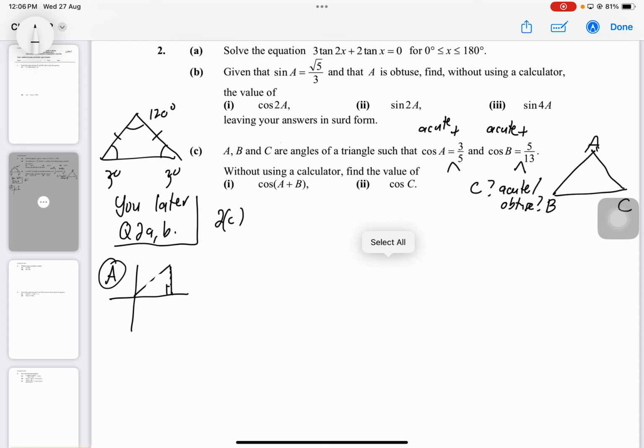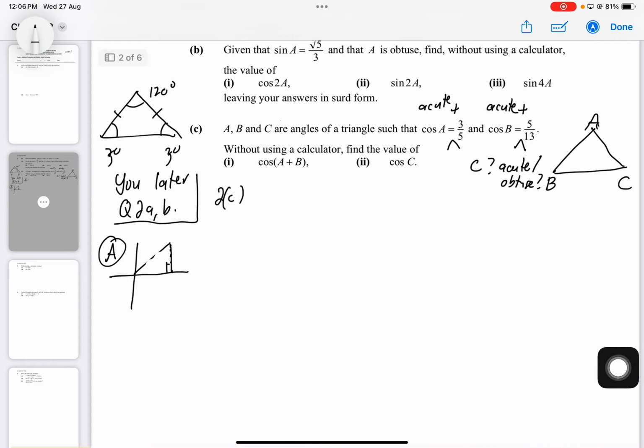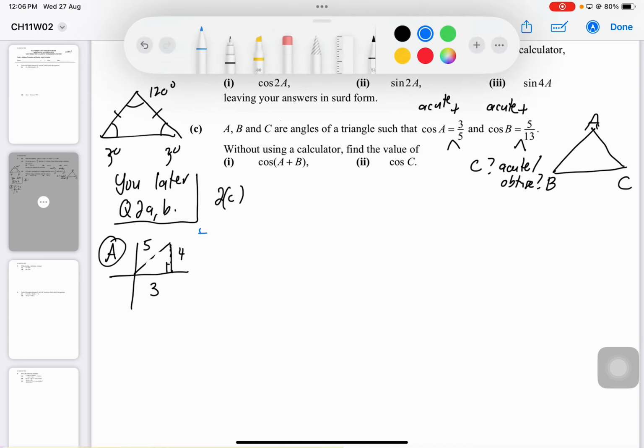Testing. Okay, now, so I'm going to draw my quadrant for angle A in the first quadrant. Cosine is 3 over 5. Cos is what? Adjacent over hypotenuse. So 3, 5. Your opposite will be 4. Okay, remember that your hypotenuse, I put star, hypotenuse is always